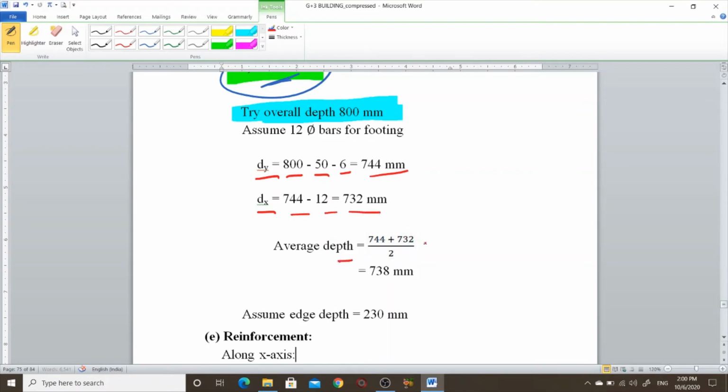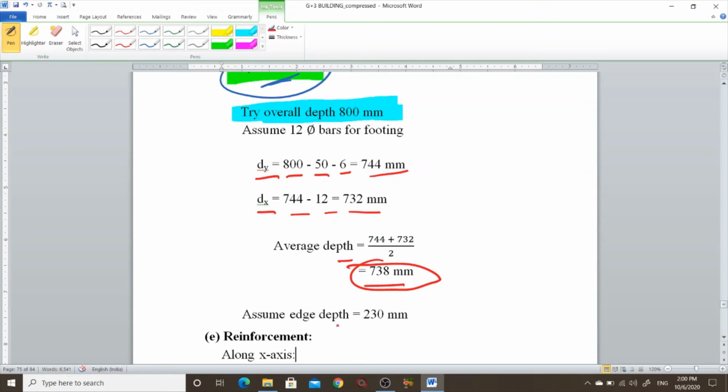So average depth is 738 mm. So for the design of footing we will use 738 mm average depth.